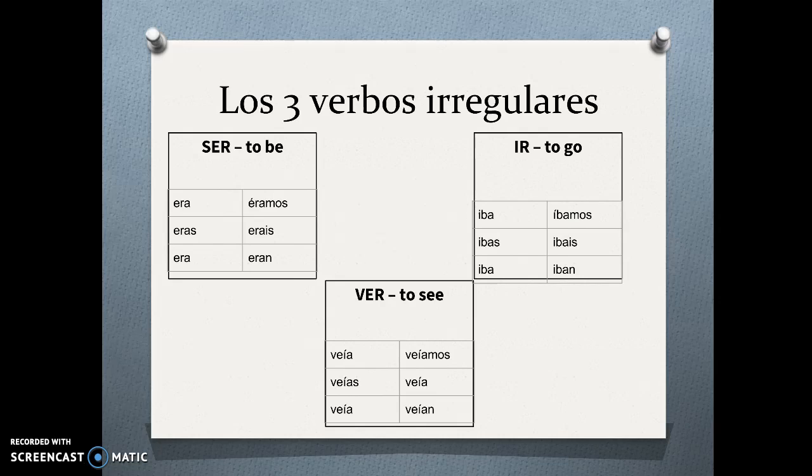And ver, to see. Veía, veías, veía, veíamos, it should be veíais, V-E-Í-A-I-S, on that vosotros form, and veían. Apologize for the typo. Make sure that your vosotros form of ver is veíais, V-E-Í-A-I-S. When you're done, please make sure that you complete the practice activities on the bottom of this sheet